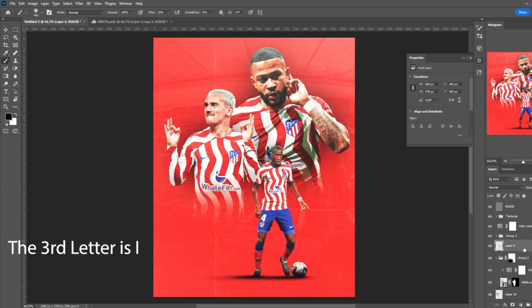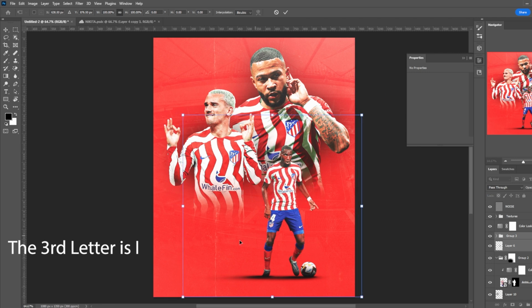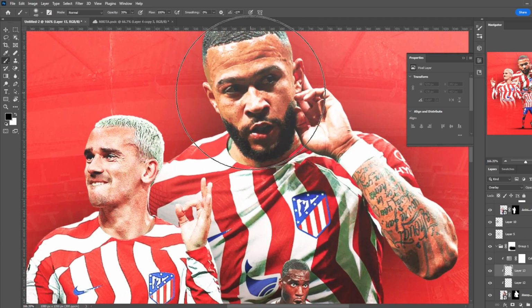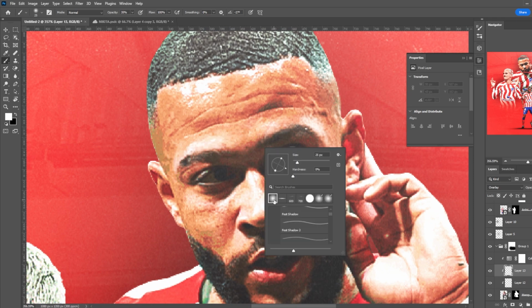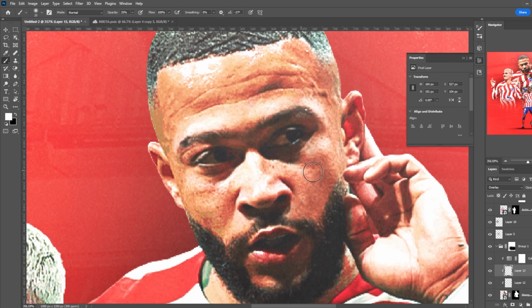I'm going to continue to move Kondogbia across just that little bit more, because I'm going to have some text coming across this way. We'll move into Memphis Depay, and I'm going to create two layers and put them on an overlay. We'll come to our flow, put that up, and then put our opacity to around 35%, like so, and we'll zoom in. We'll make sure our opacity is just that little bit lower, and we'll go over the light areas on the face,